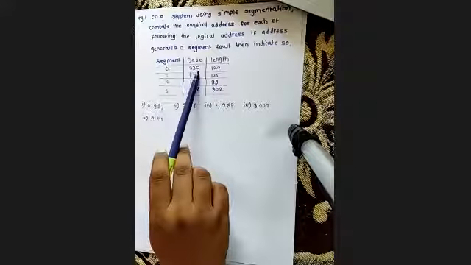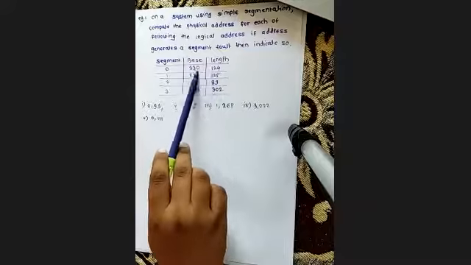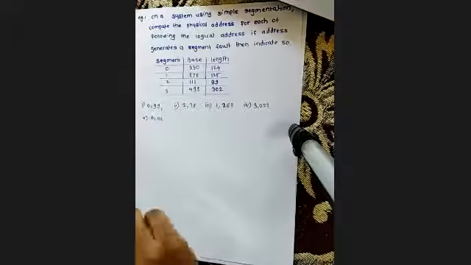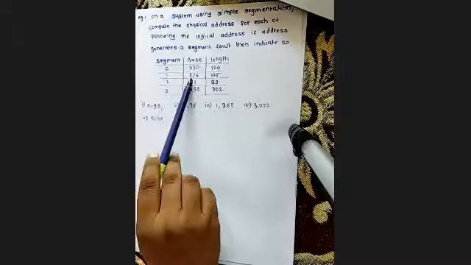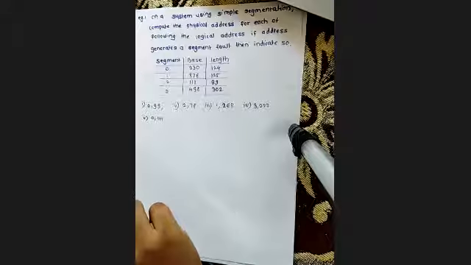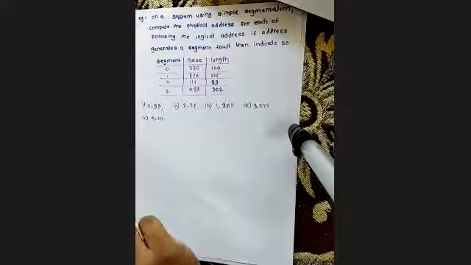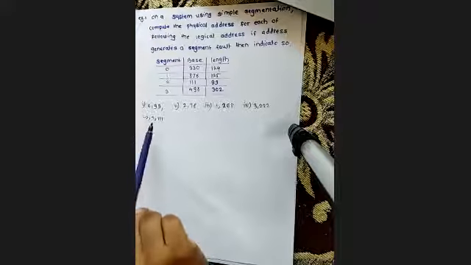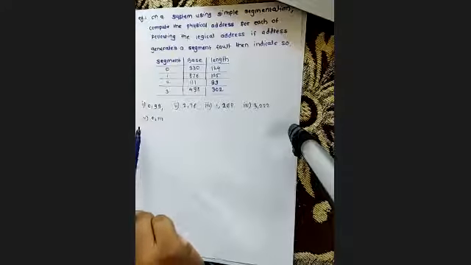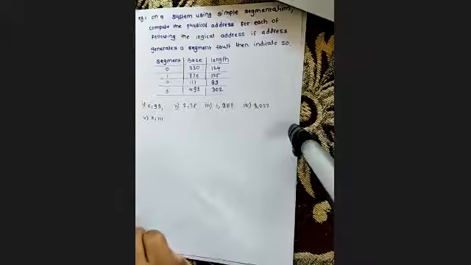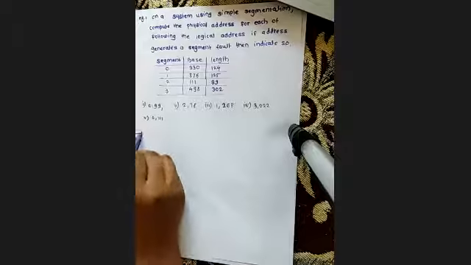That means starting at 330, plus 124, gives the total extent from here to here, which is our segment 0. Same for segment 1: it starts at 876 and its total size is 125. That means if we add 876 plus 125, we will get its end. Right. Now the question given here is that a total of 5 logical addresses are given. These are the logical addresses which are generated by the CPU. Okay, that means consider this first example.